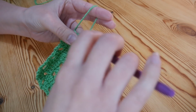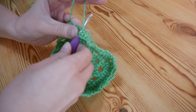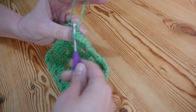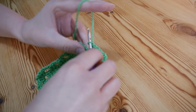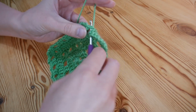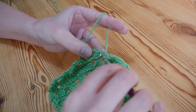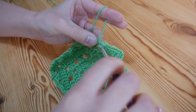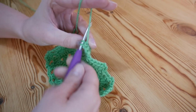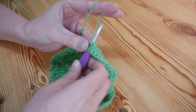a treble into the top of the next 2 stitches, and again 2 trebles in the chain 2 space, and then 1 treble into the top of these final 2 stitches. It's 1 and 2. You're then at your corner space, so create your normal corner,